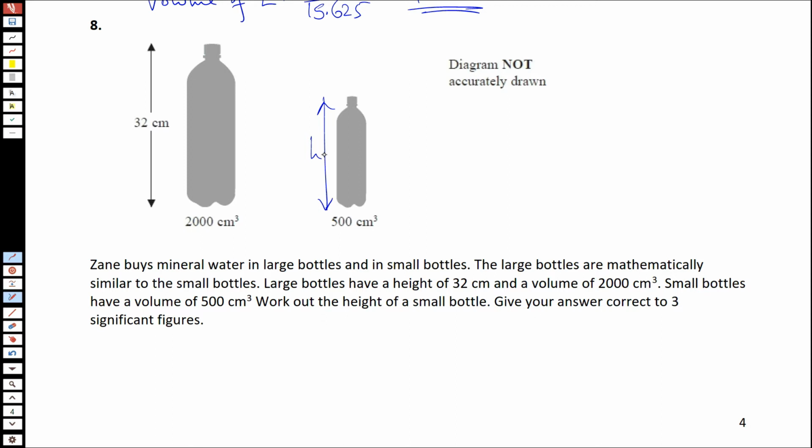So we need the ratio of the lengths to find the height, and we can find that ratio of lengths from the ratio of the volumes. So let's start with the ratio of the volumes. The ratio of the volumes will be equal to 500 over 2000. That will be equal to 0.25. Which means that the ratio of the lengths,